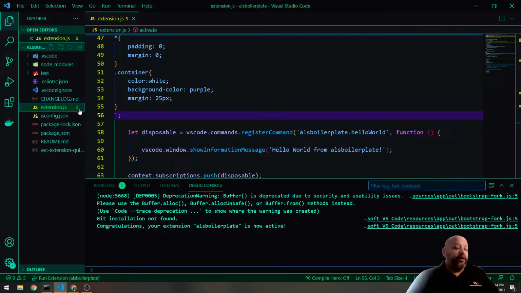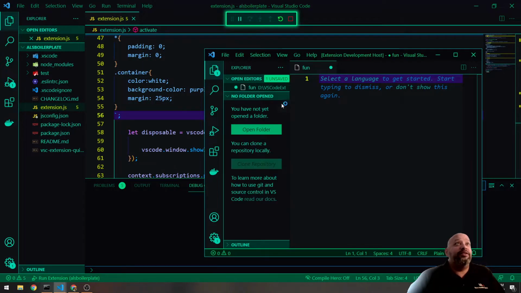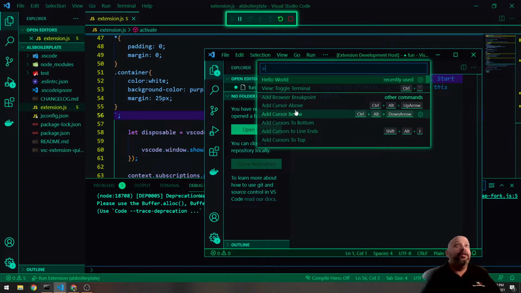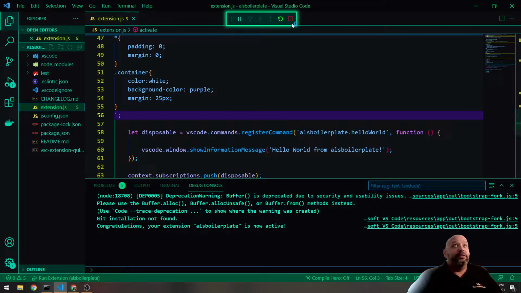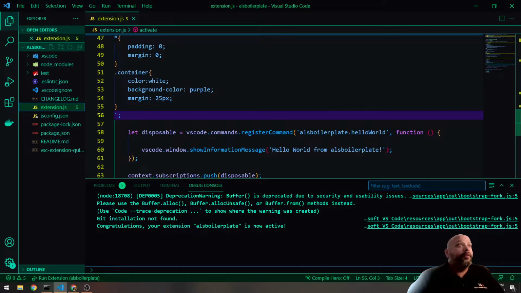Let's F5 and run it and see if it's still gonna run. Control Shift P, and let's see. Everything is still going good. That's a good sign. This should be stopped right now because I exited it. And let's see. Now, one thing I don't want is